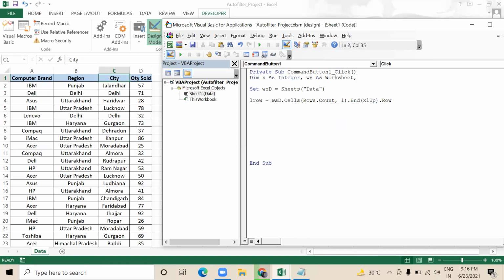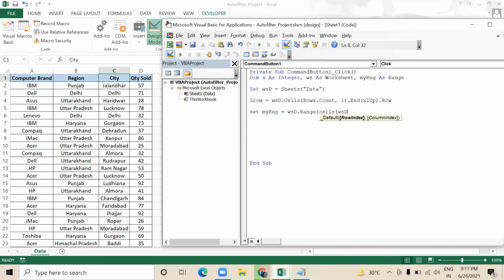I will declare my range as Range and use Set myRange equals WSD.Range, and in the cells I want to select the whole range.